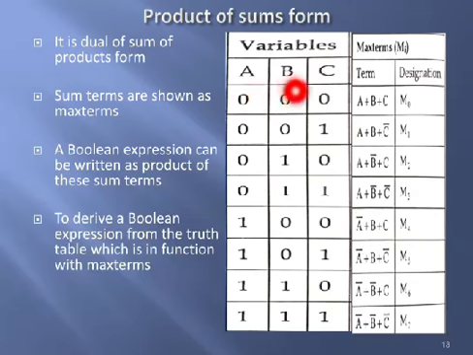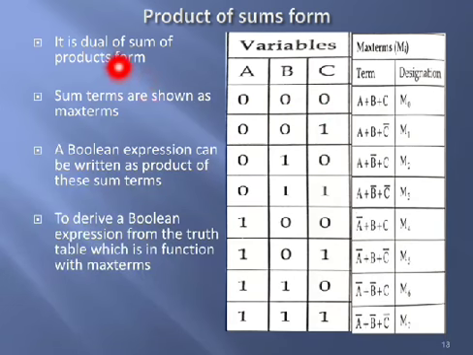Okay, so again for the three variables you will have 8 different combinations, starting from all zeros to all ones, and corresponding to each and every input combination you can define one max term. So for three variables a, b, c you get 8 different max terms, starting from M0 to M7. The M0 term is defined as a plus b plus c, the corresponding max term for the input combination 0 0 0.